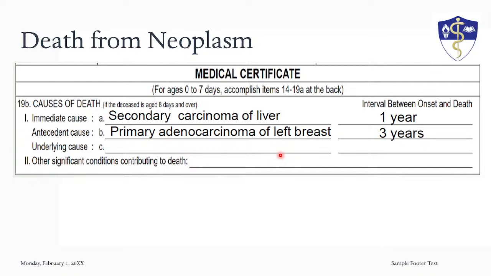So, screenshot this. Pagkadating sa cancer, maraming sinasabi yung mga relatives, dinala ko si patient, naninilaw na siya. Yan, secondary carcinoma of the liver. Or they are usually going to tell you, ay, severe abdominal pain, we had to put him in the ER. So that's a usual presentation. But we're not going to place that there. We're not going to place obstructive, the liver failure. They do not help.